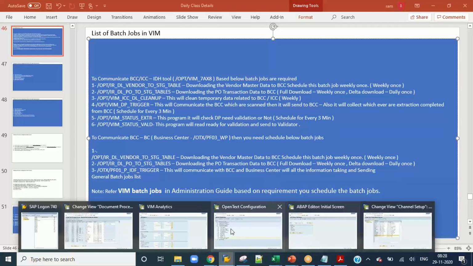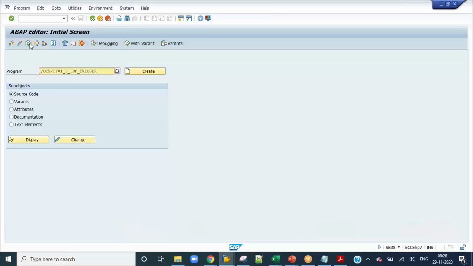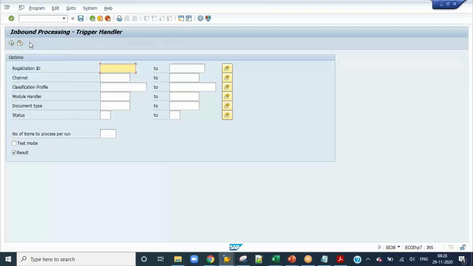So now we will schedule. This job you just schedule for every 2 minutes, as per the suggestion from Opentext. It's an every 2 minutes job. So click on,